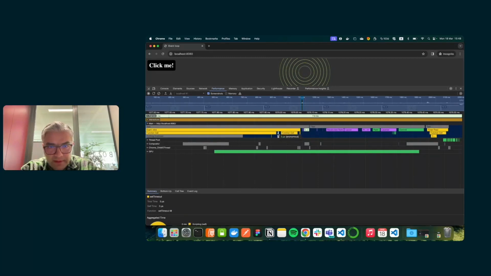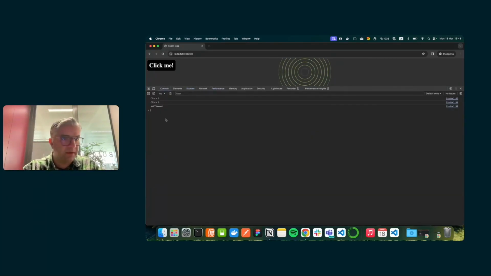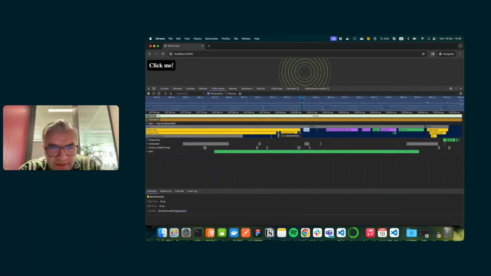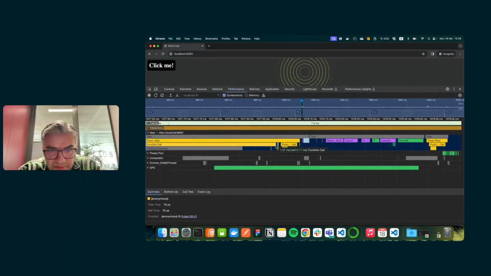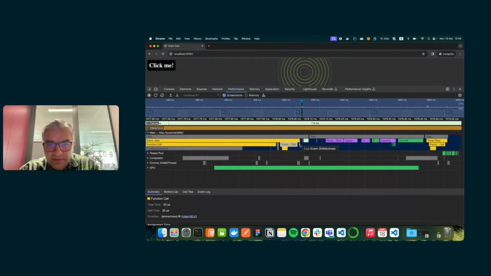Yeah, there we go. Here is the update counters, and then setTimeout is happening here, and this is the function call. This is the setTimeout function call, which is here. So let's take a look at console log. Click 1, click 2, and also let's zoom in a little bit more because I want to show you the install timer. Yeah, here it is. See, install timer is happening here inside the first click function and then the second click function.